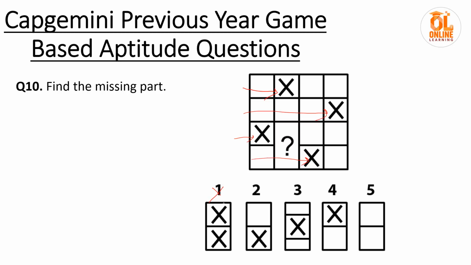this is wrong, because if you are having this, these two rows are having 2 x's. This is also wrong because then the last row will be having 2 x's. This is also wrong, it is not matching our pattern. It is also wrong because otherwise the third row will have 2 x's. So our answer will be this, both will be blank. So every row will be having 2 x's. So in this type of question, you have to match your answer by seeing the options and eliminate the options which are not correct. So that's all.